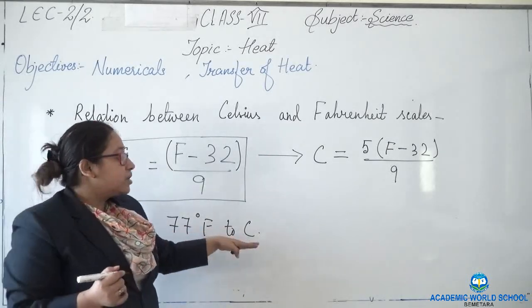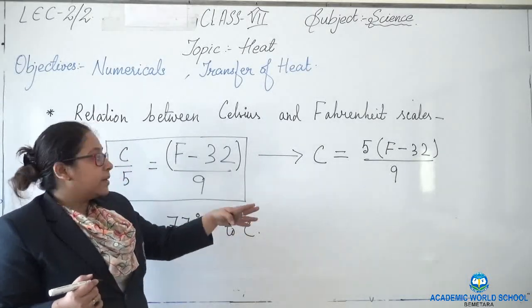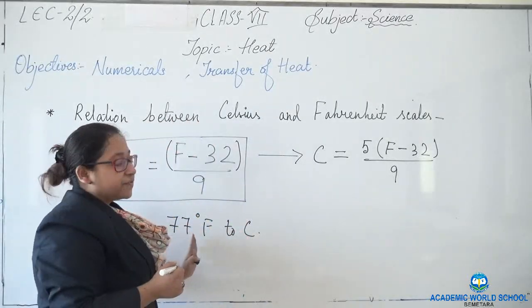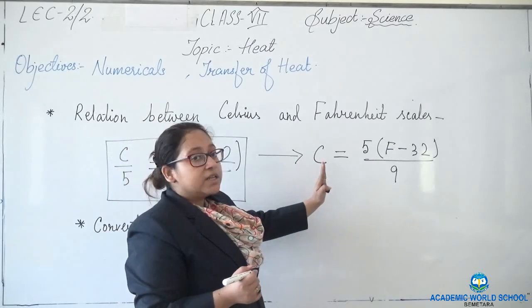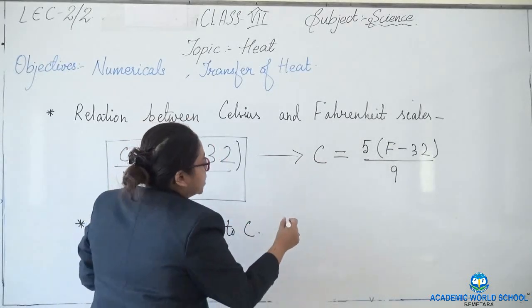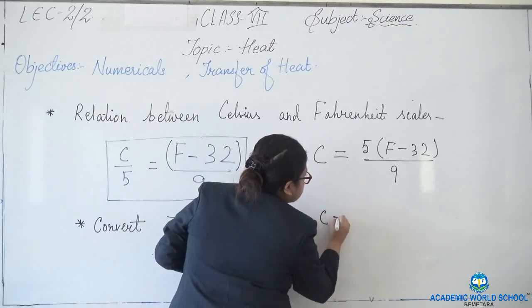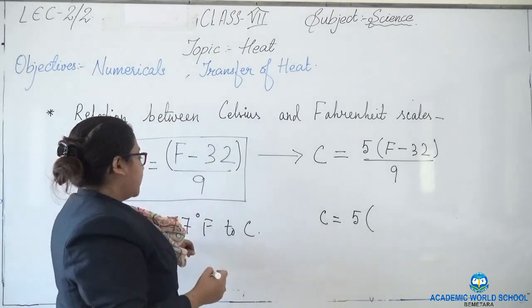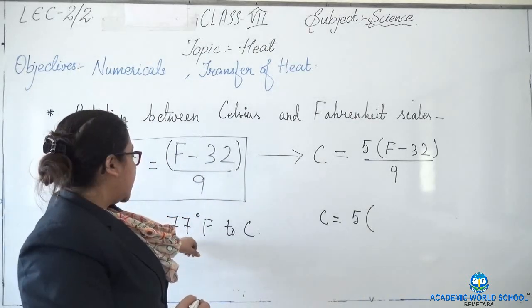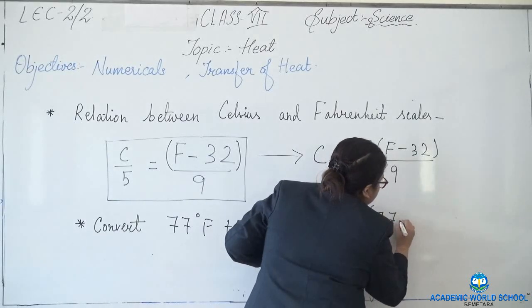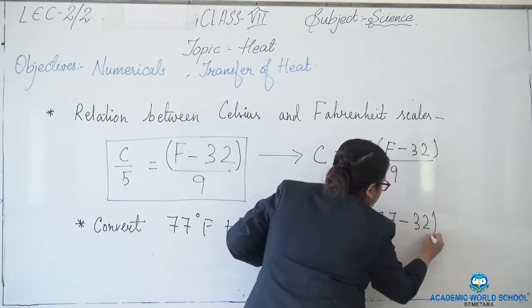Now I have to change the value into C, so I will use this formula. When I have to change Fahrenheit to C, I will use the formula where I find the value of C. So here C is equal to 5 in bracket, instead of F, what will I write? I will write 77 minus 32